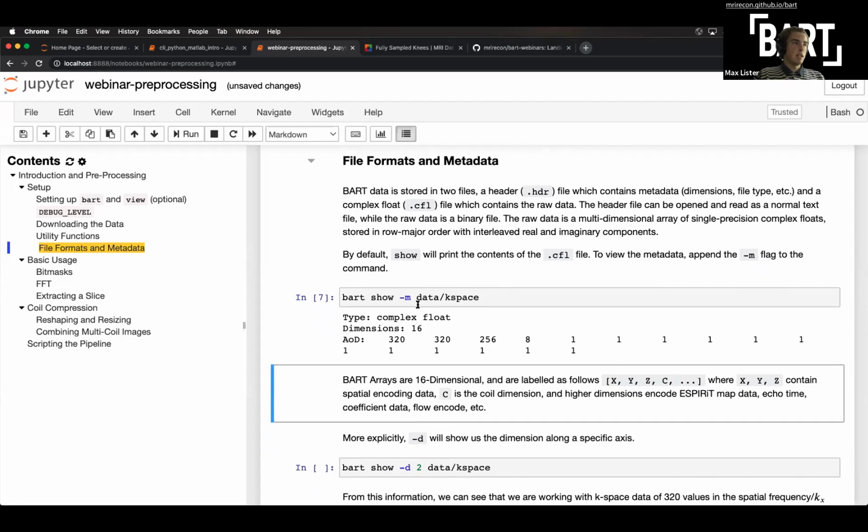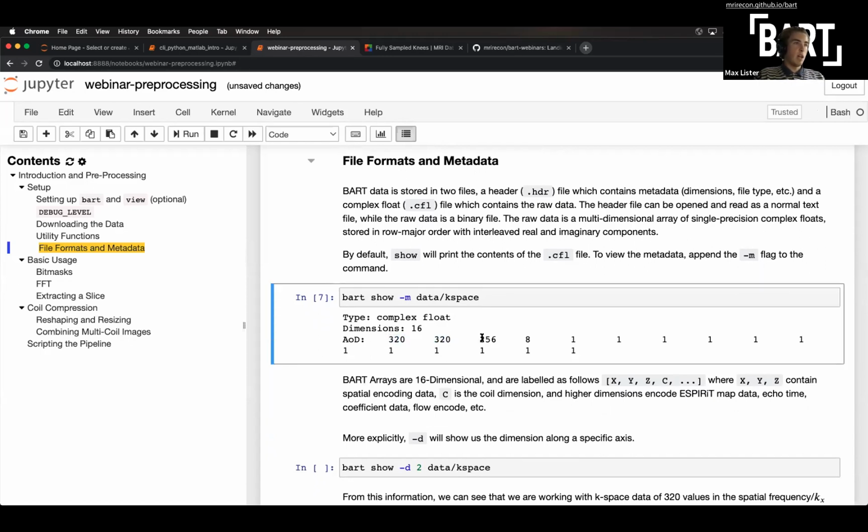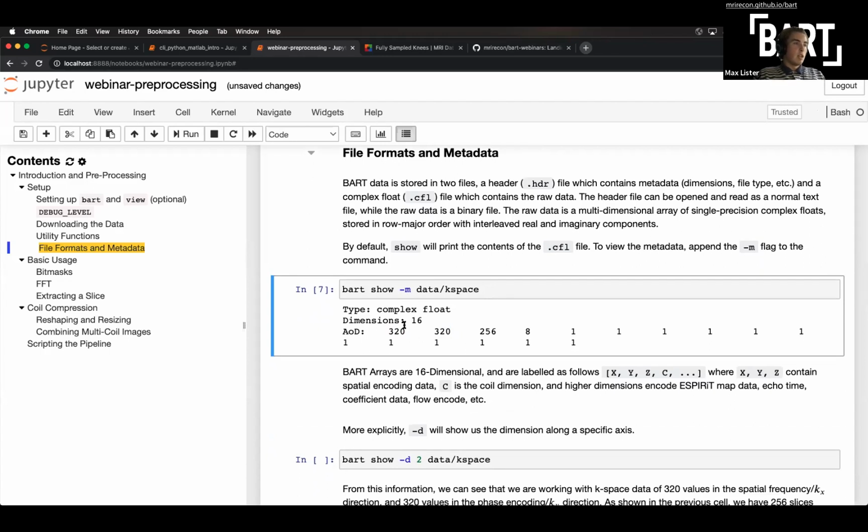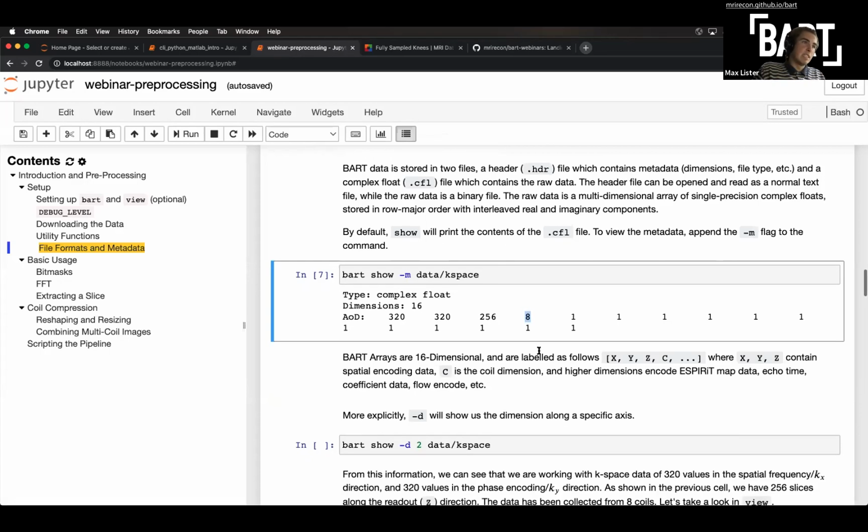So as you can see, the header file and the metadata surrounding our data tells us that we have a complex float file across 16 dimensions, and here are our respective values per each dimension. So we have 320 by 320 image slices, 256 slices along the z-axis, and then our coil dimension tells us that we have collected this data across 8